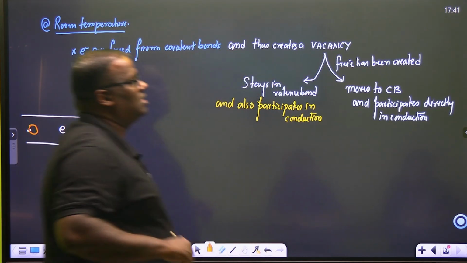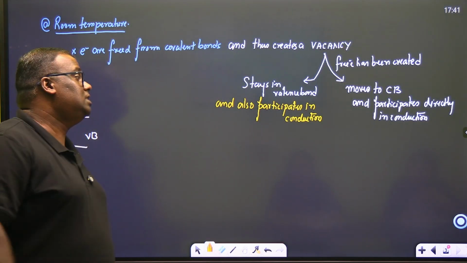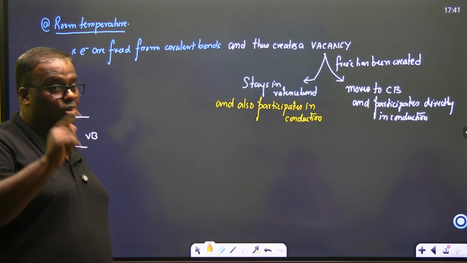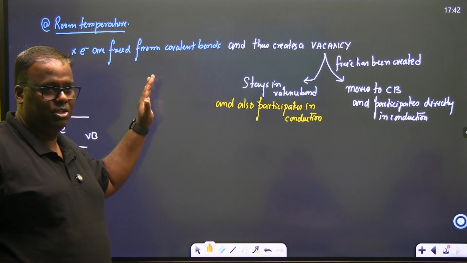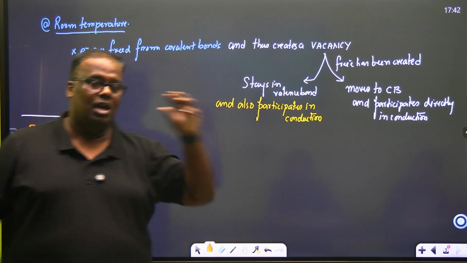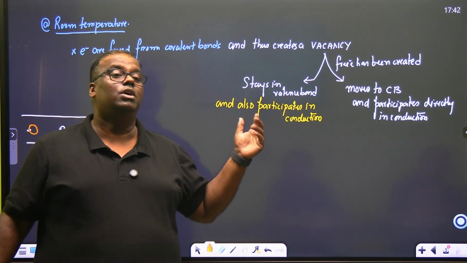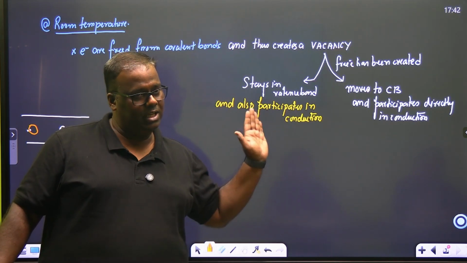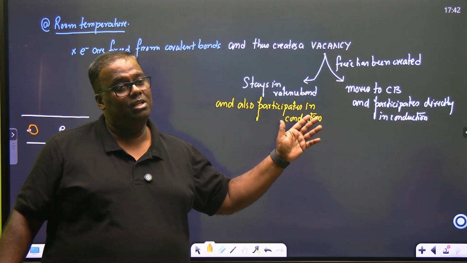Now you might ask that in the valence band, everybody undergoes bonding. This is a unique feature of semiconductors: if you supply energy, not at absolute zero, right now, do you understand what the scenario is? It is at room temperature, you have supplied energy. Once you have supplied energy and created a free electron, the free electron has sufficient energy that it is not going back for bonding. Rather, it is free. It has created one vacancy and it is free, and it can still participate in conduction.